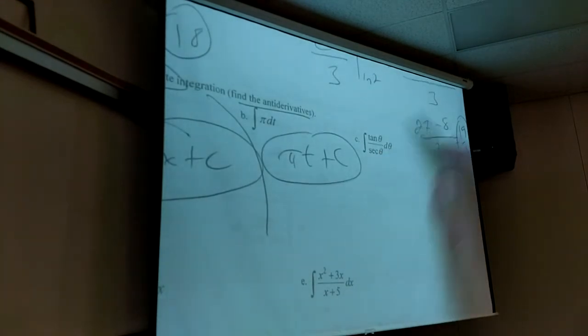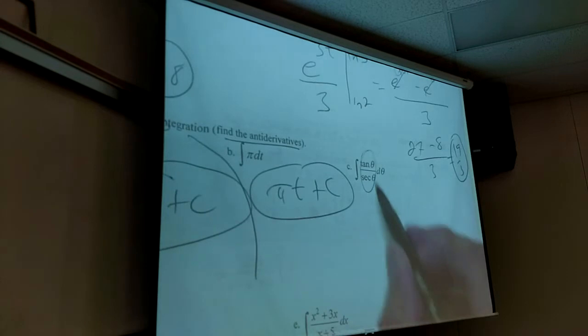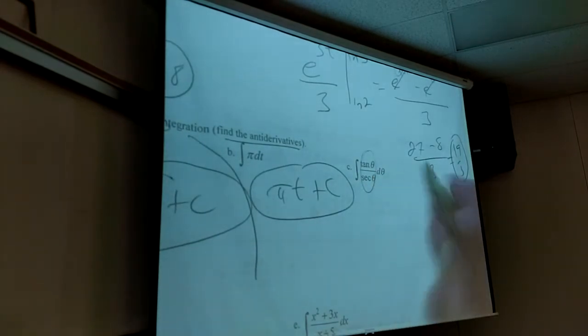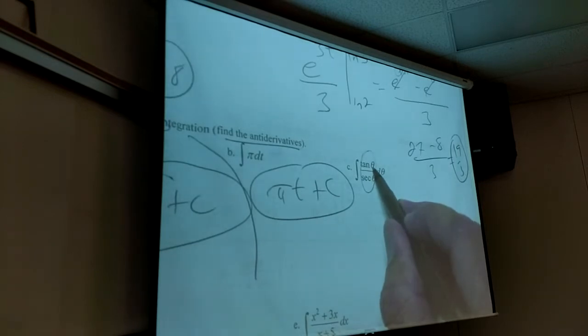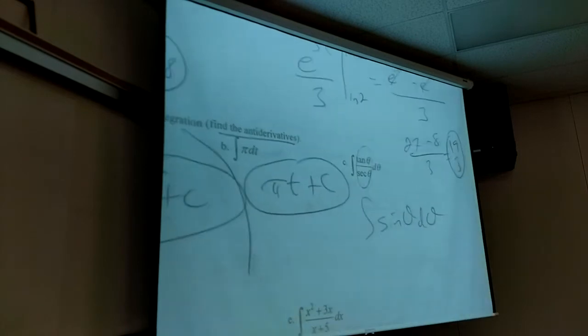Okay. Oh, I forgot to say, the last 3 involved simplification. Hopefully you guys noticed that here. You can't integrate this without some simplification first. What is tangent? Sine over cosine. What's secant? So this is the integral of sine d theta. Because the cosines cancel. And of course the integral of sine is